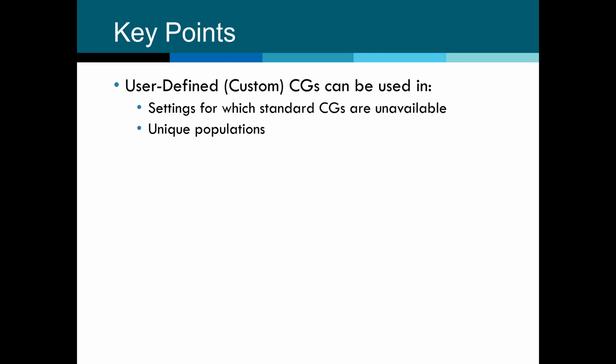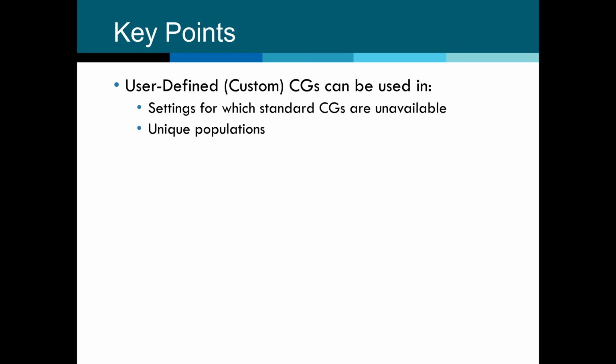One thing I didn't touch on but wanted to mention is that you can also create your own comparison groups with the software that's available to score the MMPI-3 from Pearson. We call these user-defined or custom comparison groups. And as long as you have 200 valid cases representing a population that you work with and that you would like to have a comparison group or use your own custom comparison group with, you can use the software to generate, and there's information in the user's guide for the MMPI-3 software-based reports on how to generate your own custom comparison groups.